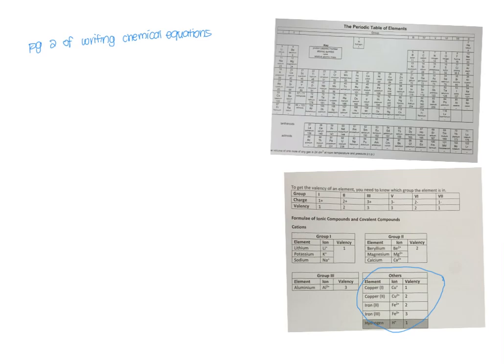Alright, we are now at page 2 of writing chemical equation notes. Before we start, I would like you to refer to your periodic table once again. Do you notice that there is a center block over here that doesn't have any charges? There's nothing written over here. So I just like to share with you, this is what we call the transition metals